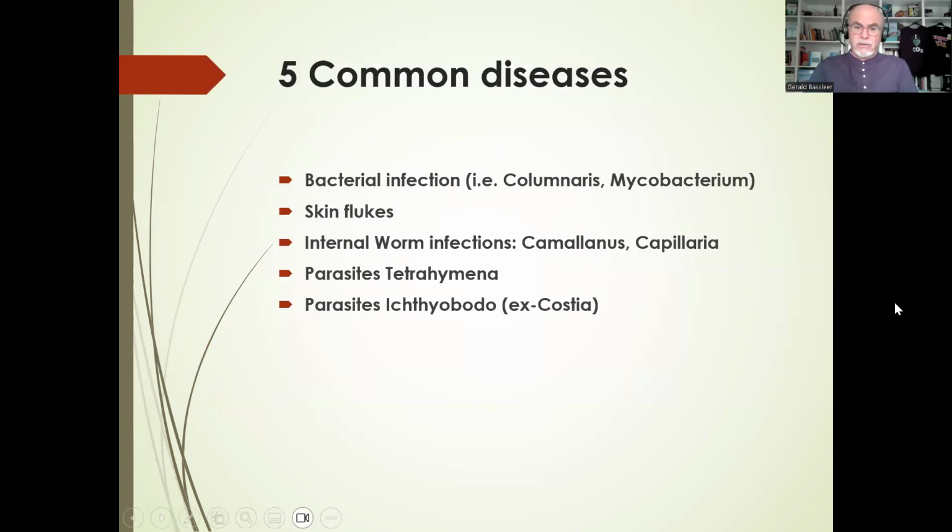5 common diseases. Well, bacterial infection. In most cases, we found Columnaris. In rare cases, Mycobacterium. But I will specifically discuss Columnaris here as the most common one. Skin flukes, internal worm infections like Camallanus or Capillaria, the parasites Tetrahymena, and the parasites Ichthyobodo, which used to be